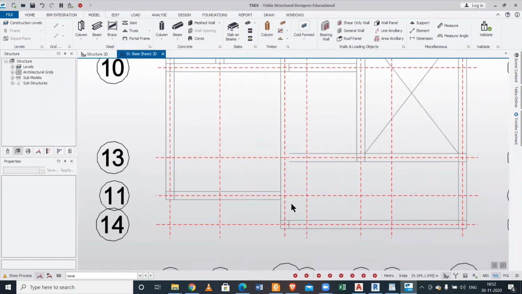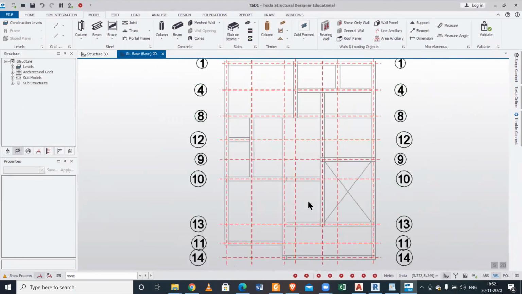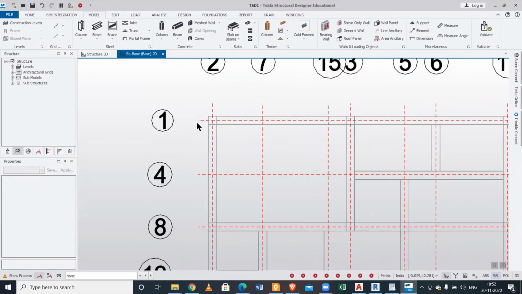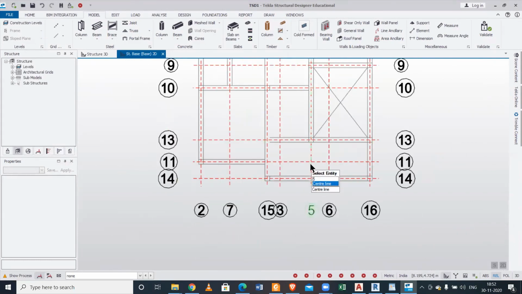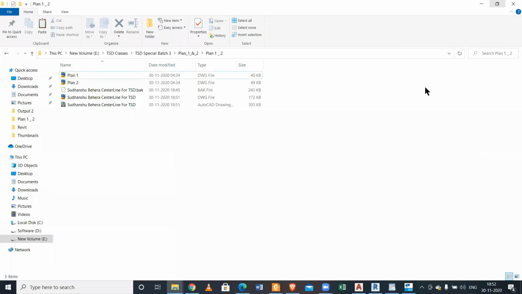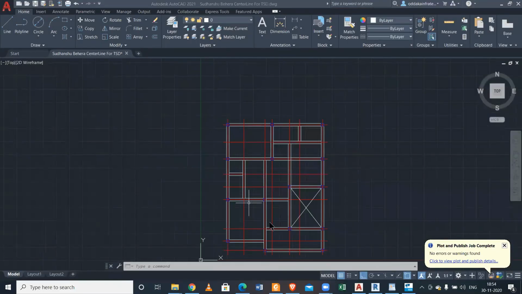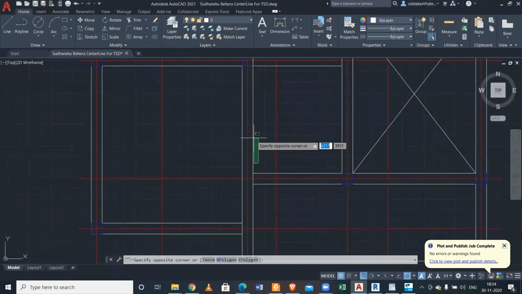This one, this line is not visible. There is some problem with this line. So we'll check that. The remaining is all good. Column locations are easily visible. So we'll have to check this line for the shadow part. Okay. Let's check the file once again. What was the thing which we needed to check? Yeah, this line was not visible.